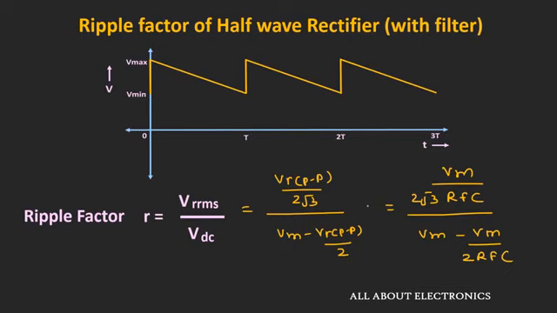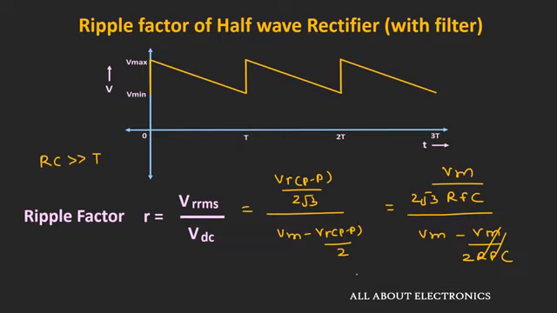Now for the half wave rectifier, we have already seen that the peak to peak ripple can be expressed as Vm divided by R times f times C. So the numerator can be expressed by this expression, and similarly, by putting the value of peak to peak ripple, the denominator can be expressed this way. Here we are assuming that the RC time constant of the filter is much larger than the time period, and due to that, this second term can be almost neglected.